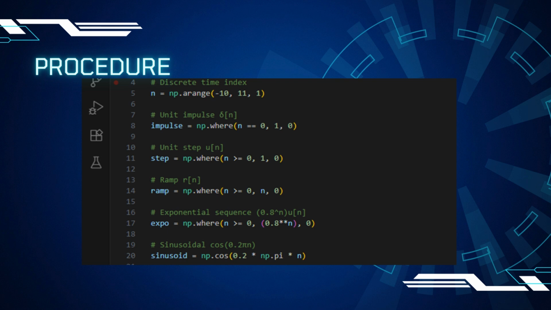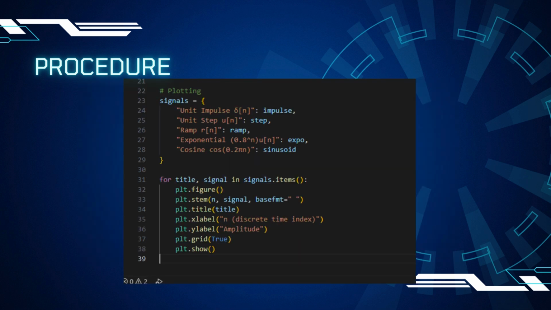In the exponential, for n less than or equal to 0, the values decay exponentially since 0.8 is less than 1. If we use a base greater than 1, the signal would grow instead. In the discrete cosine signal, this creates a cosine wave with discrete points, meaning it oscillates but only at certain sample positions. These signals represent the main categories of discrete time signals used in digital signal processing.